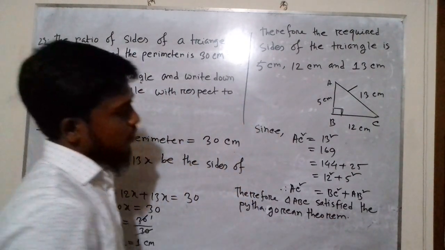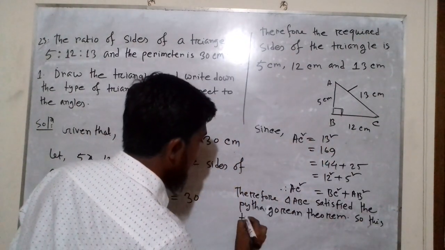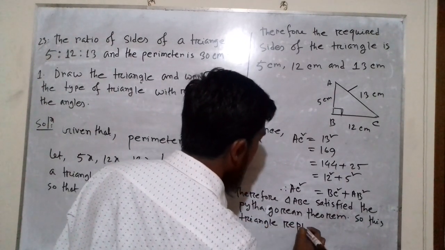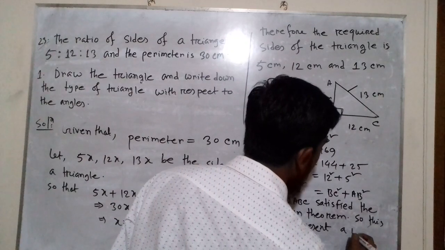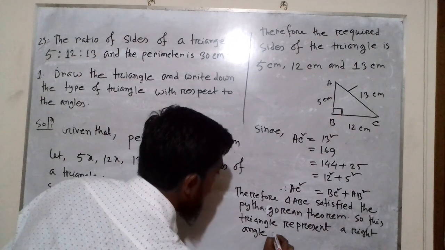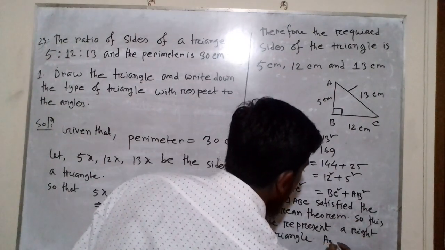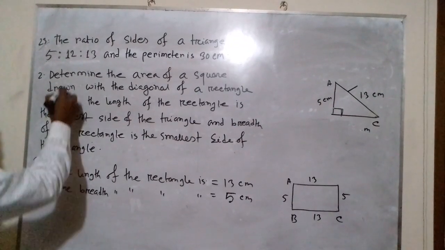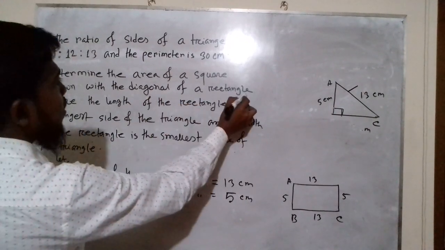So this triangle represents a right angle triangle. This is the answer. Okay. Number 2, determine the area of a square drawn with the diagonal of a rectangle,